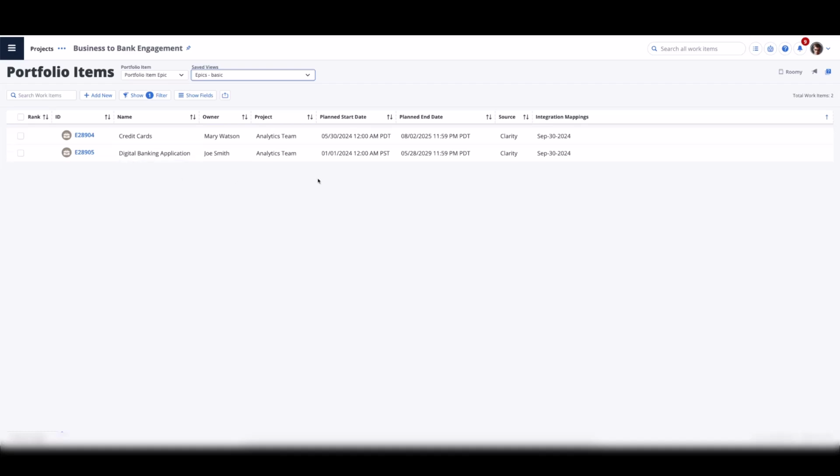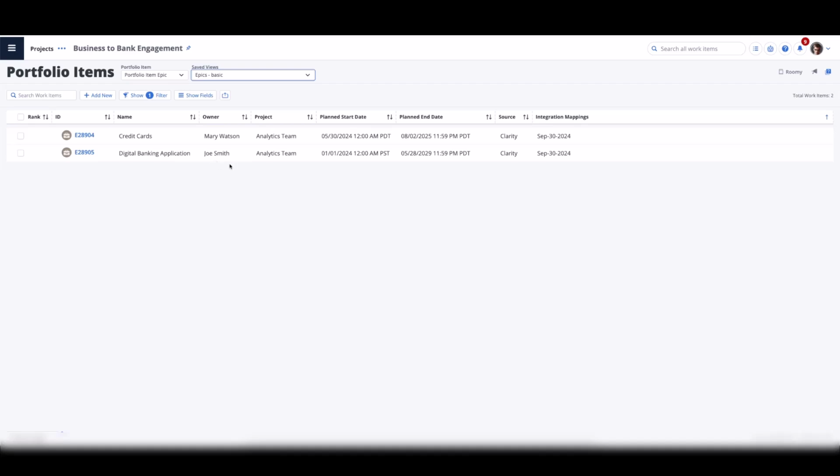You can see the corresponding epics that have been created. You can see the source field is populated. The same integration mapping field is also automatically created and populated for the credit cards and digital banking application epics. And you can see Mary and Joe have been established as the Rally owner based on this synchronization.